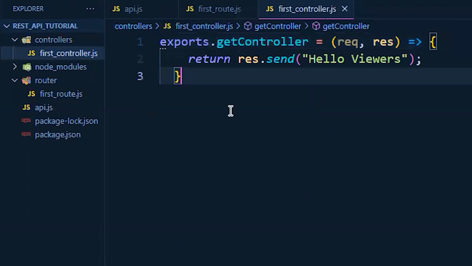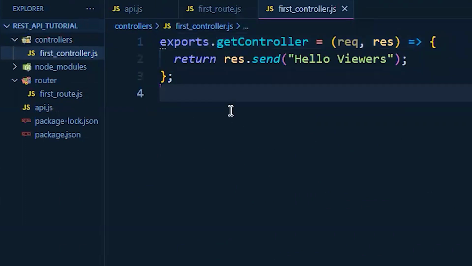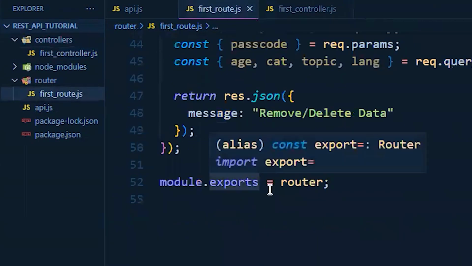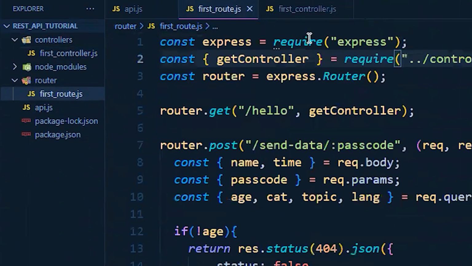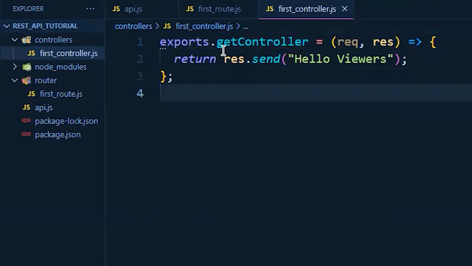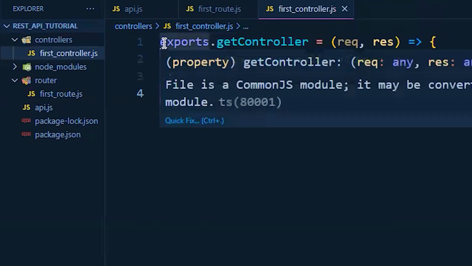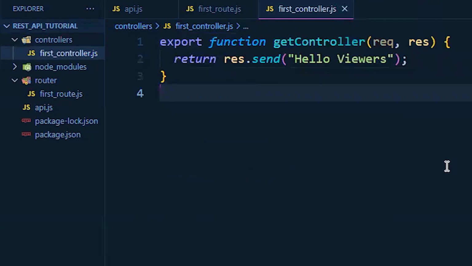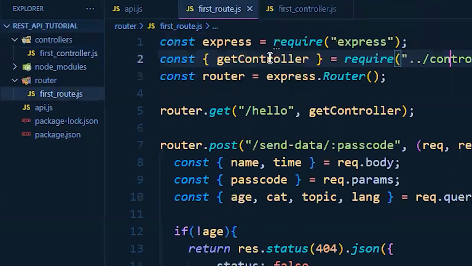Exports, because as I said before at the starting of the video, if we want to export something from a particular file, we have to consider it with module.exports. But for the function export, we have to write it in that way, exports.get controller. Even you can change it to the ES module in that way. It is totally your choice. Okay, now as we converted it,